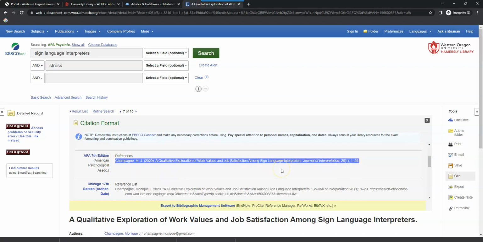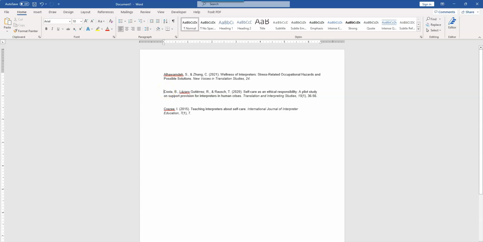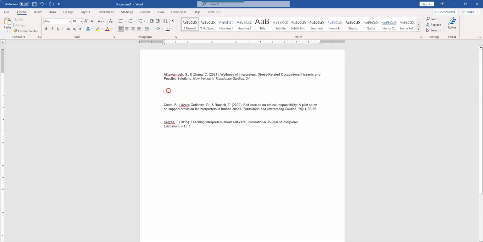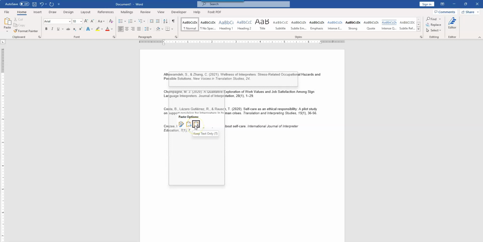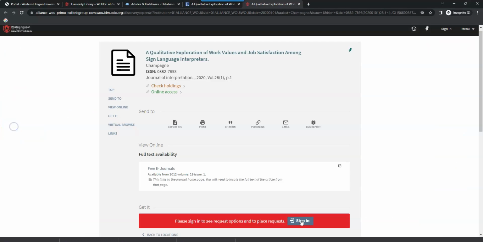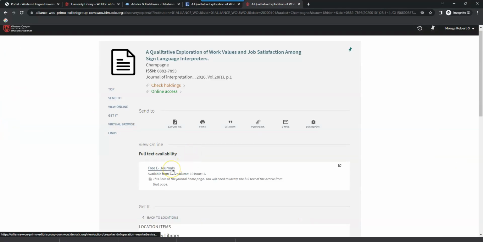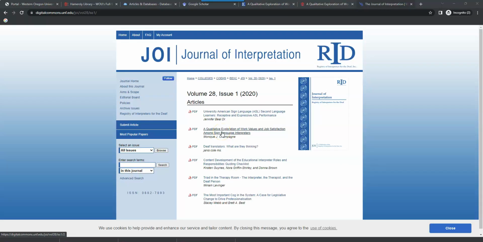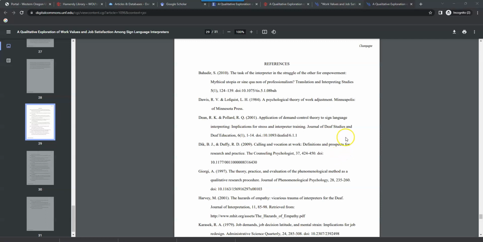Now because this has a gray background, when I paste it in, I'm going to choose the Keep Text Only so that that gray background doesn't show up. To access the article, I'm going to select Find It at Woo. I'm going to sign in and then access it from the link provided under the View Online Full Text Availability. Select the PDF, download the article, scroll through the articles on the reference page,